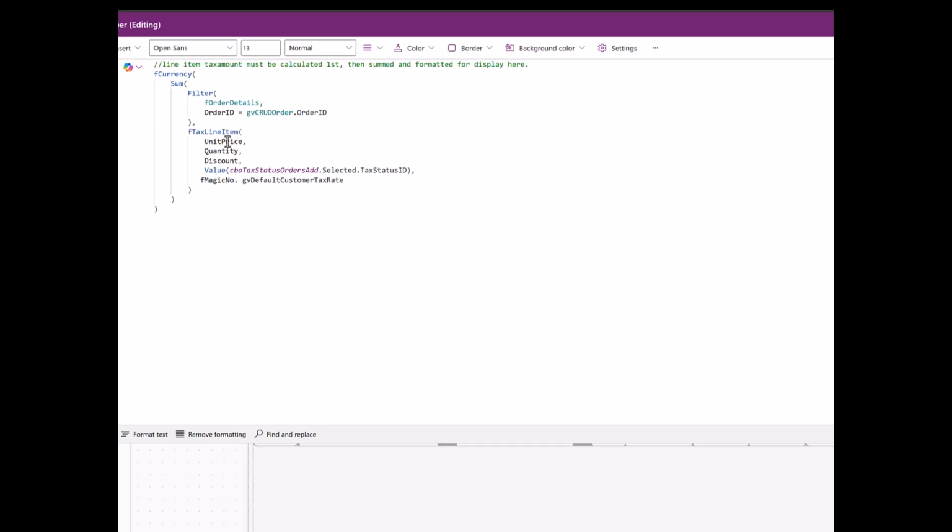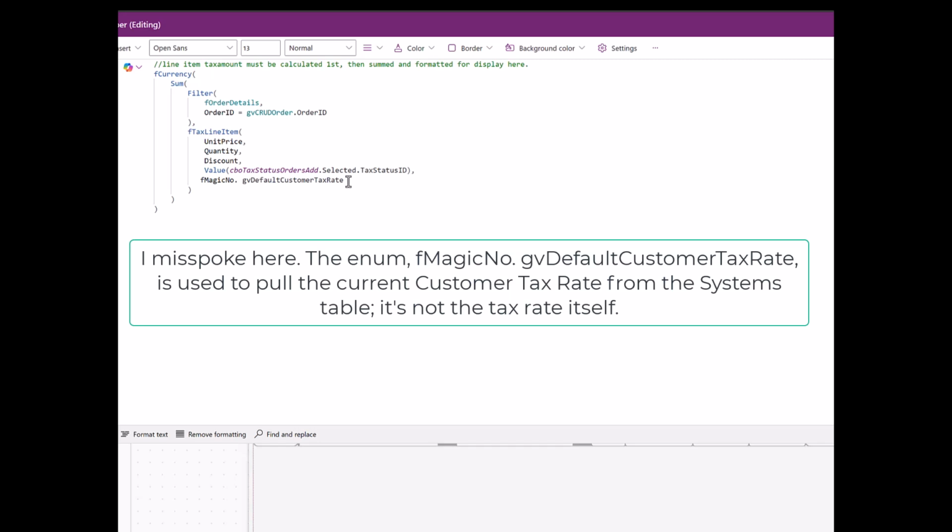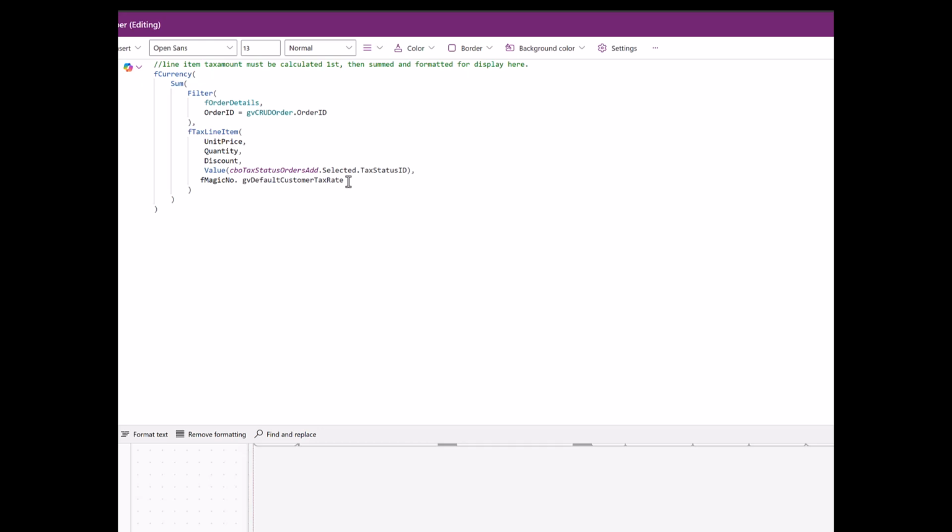It gathers the same 5 input parameters we saw when we looked at PO details: price, quantity, discount, the default customer tax rate. That comes from our system setting table. For customers, the default customer tax rate is 0.085. Here's where the issue of whether or not we can override the default tax status of our customers comes into play in our calculation. I've set it up so that in future,